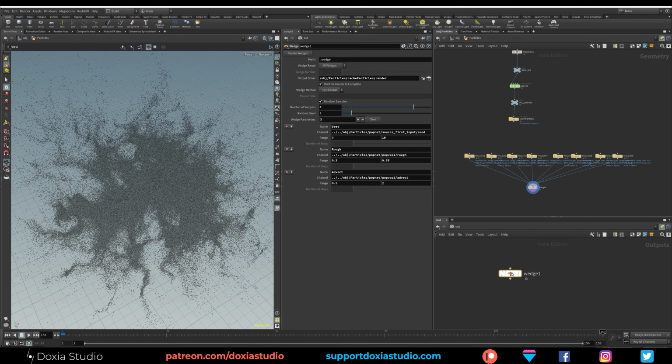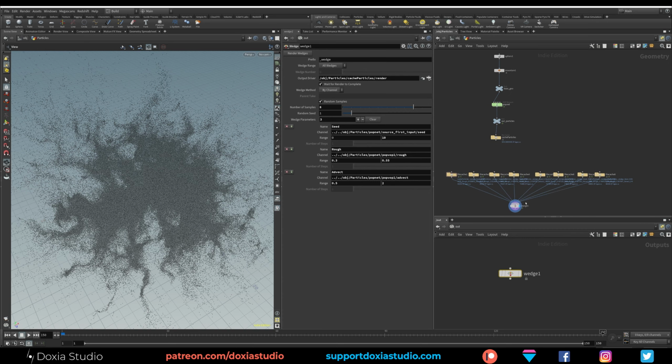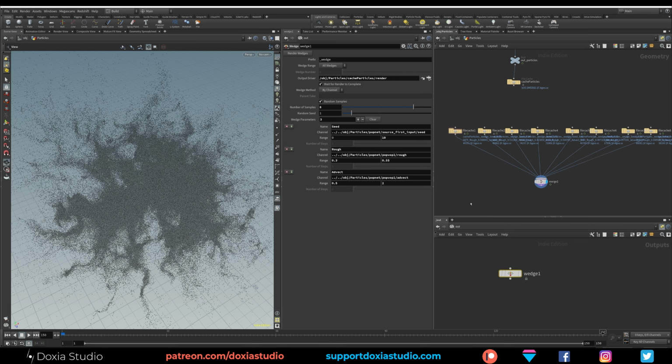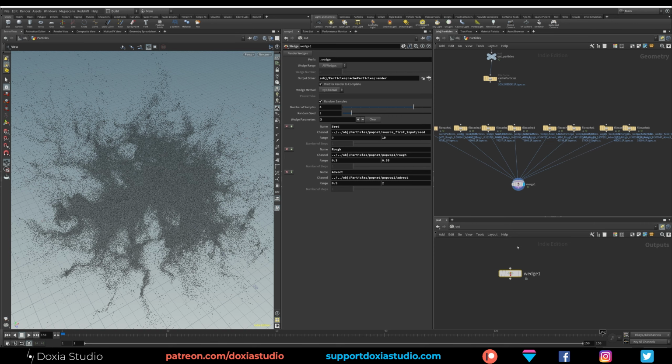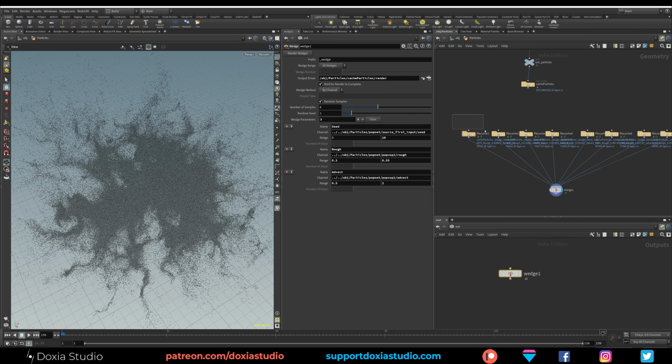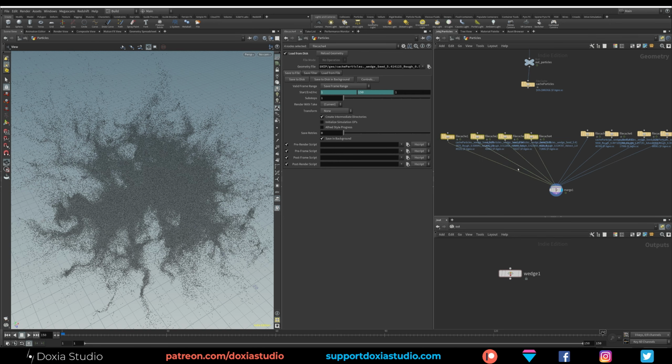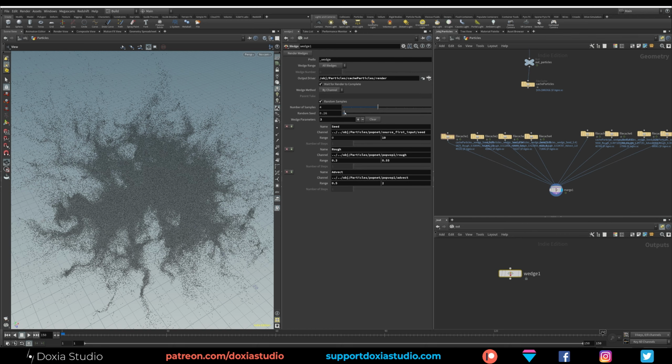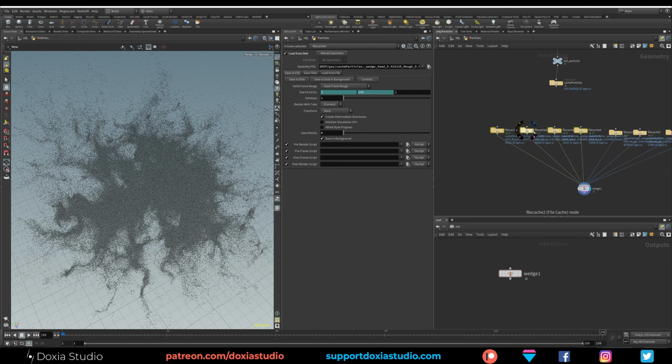And now I can run and add more file cache. Okay. So let's leave this. Maybe I'm going to run another 4. Okay. Let's go add 4. And again, like I was saying, we need to switch this a little bit. So if we now run another 4, because it has the same random seed as the first file cache, it will have the same parameters. So we need to change this seed and press render, and now these random values will be different again. Okay, but for now, for this tutorial, let's leave it at this.